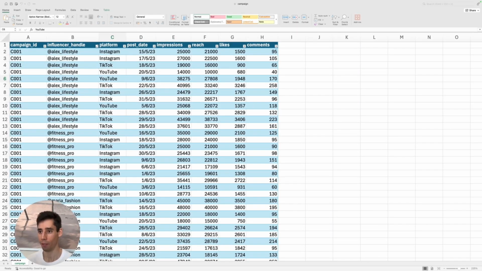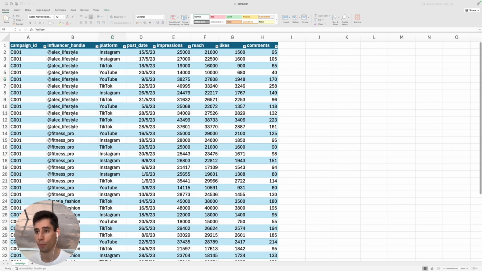I have here this Excel file that contains the different posts that have been done by the different influencers in a campaign. As you see, each row represents a post and it has different metrics. For example, we have impressions, we have reach, we have likes, and we have comments. As you see, each influencer can post multiple times on different platforms. If we have a look at Alex Lifestyle, he has created some posts on Instagram, others on YouTube, and others